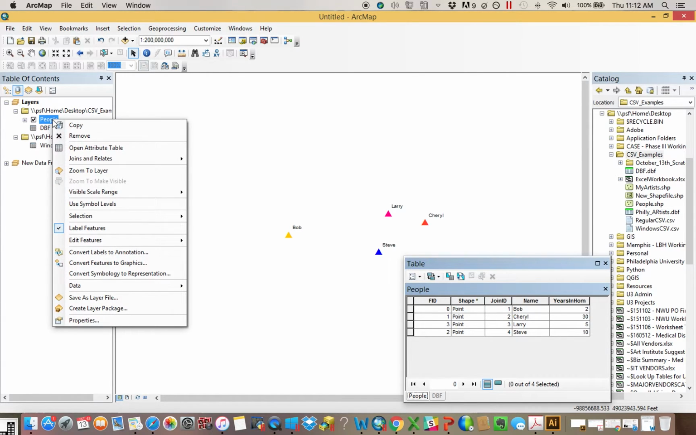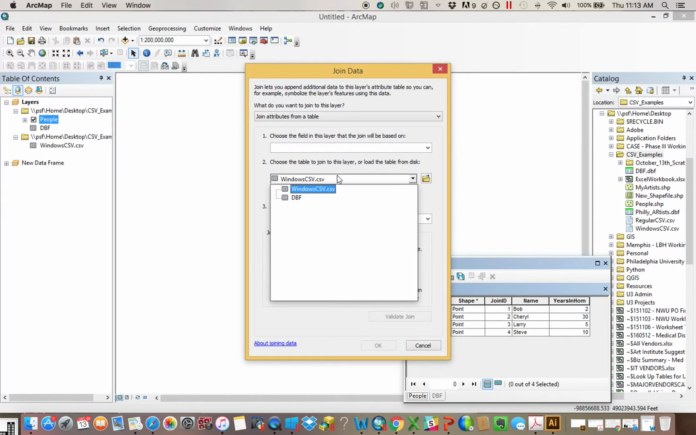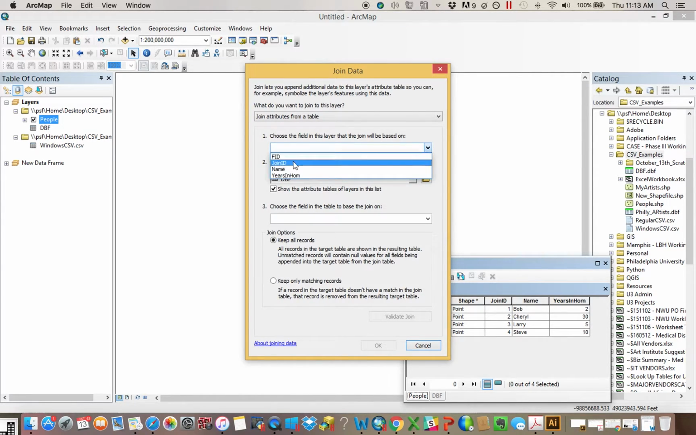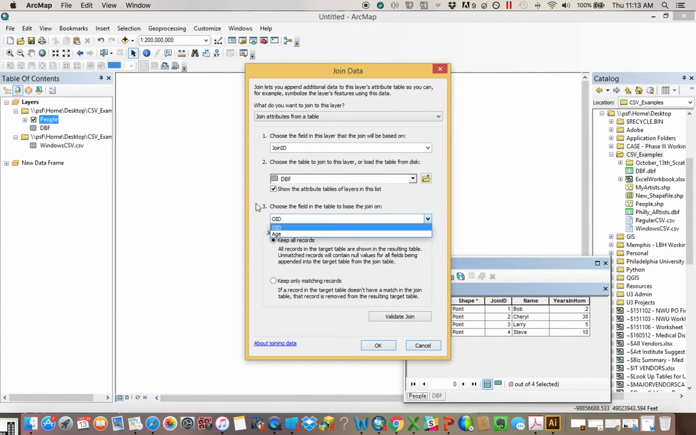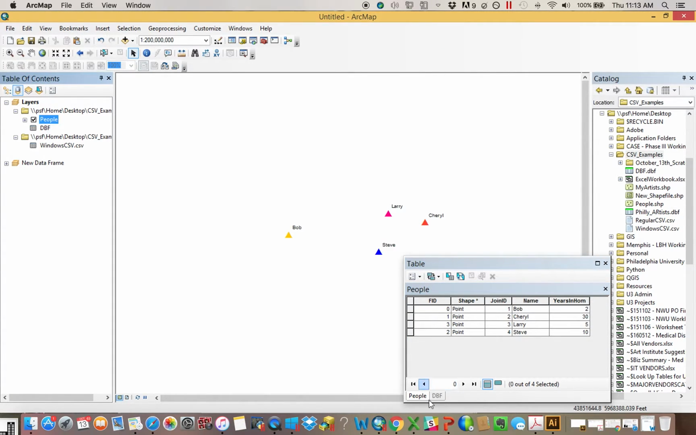But I go up and I right click people, and I go to join, and then I find DBF, and I say excellent, join ID, and then I can't get join ID. It just doesn't seem to be an option, no matter how many times you do it. And then you return and you look, and they look identical, and so you're freaking out. So the issue here is that